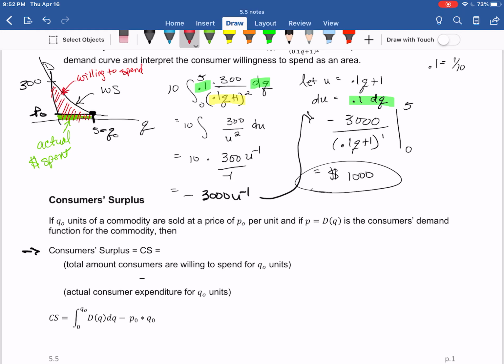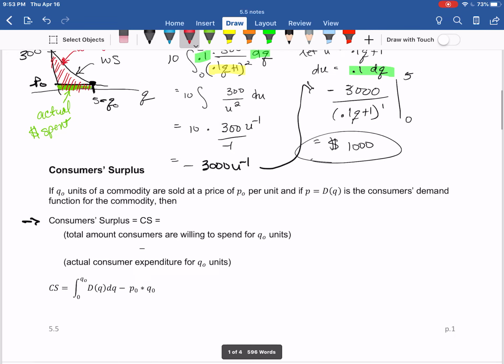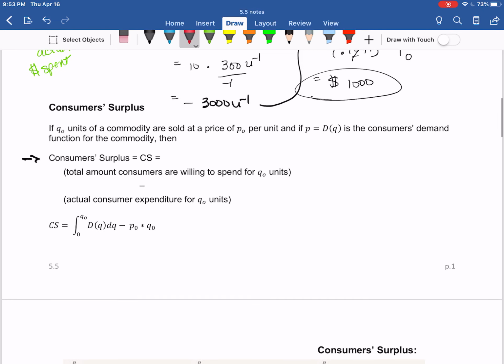And so if you're willing to spend $5,000, but you cut a deal and you only spend $4,500, then the extra $500 is your surplus as a consumer. That's the money that you saved. That's what consumer surplus is all about. Okay, so you take how much you're willing to spend, you subtract out what you actually spent, and that's your